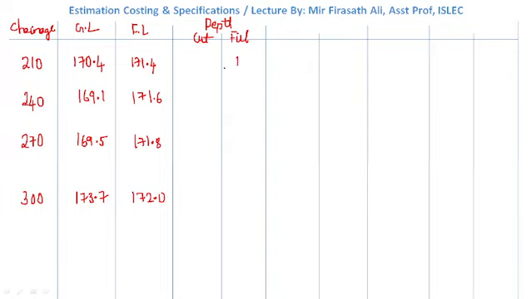How much? 1. 170.4 minus 171.4. Next, again look over here, 169.1 and 171.6. The difference is 2.5. What we need to do? We need to fill it over here. 171.8, 169. How much is it? 2.3. Done. Are you getting my point? Then next, here, 173.7, 172. Again it comes back to the cutting thing.